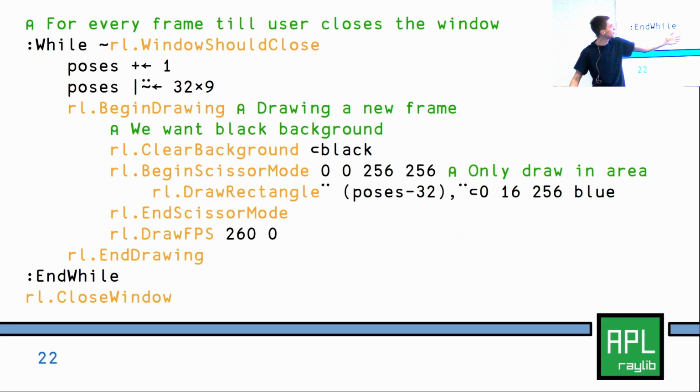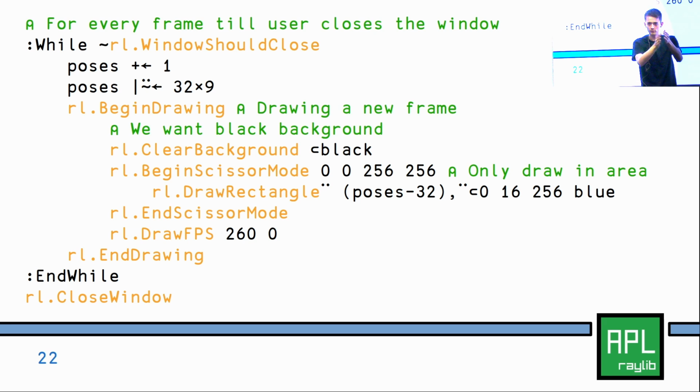Next, I will show you the per frame function, and this is way larger than before, because raylib-apl offers more control and granularity, and it's all controlled by function calls, no objects or anything. We do for every frame till the user closes the window, while not the window should close, because this is an until loop. I'm saying until the window should close, I increment the pauses, which is the x of the stripes, so I'm moving them along. And then I do pauses mod, so whenever they reach a certain length or distance, they loop